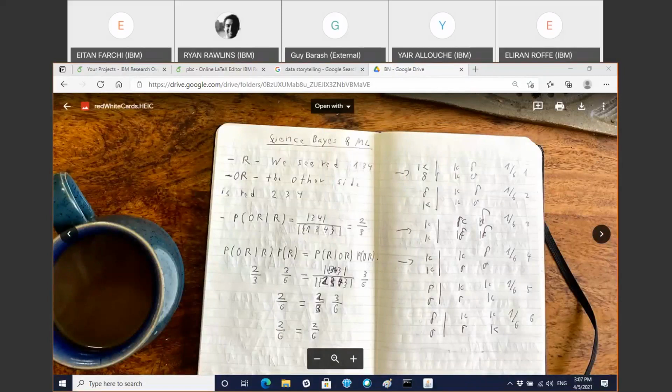Okay, so I'm going to talk about three things actually: Bayes' rule, the scientific method, and machine learning. And all of that is going to be done in the context of just a simple riddle. So the riddle is as follows: you have